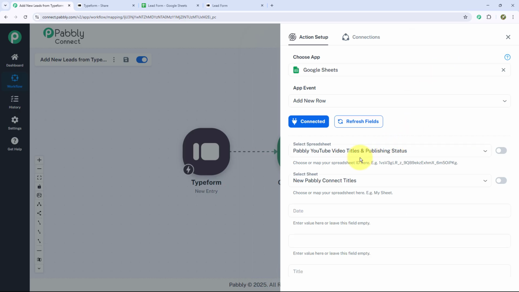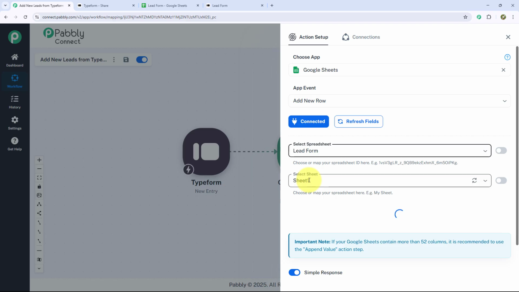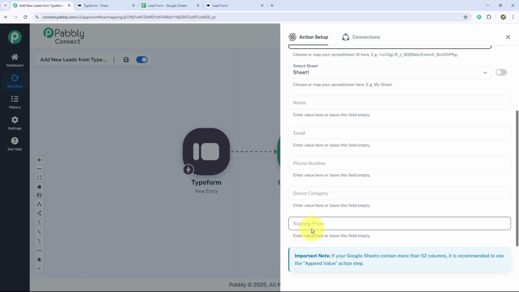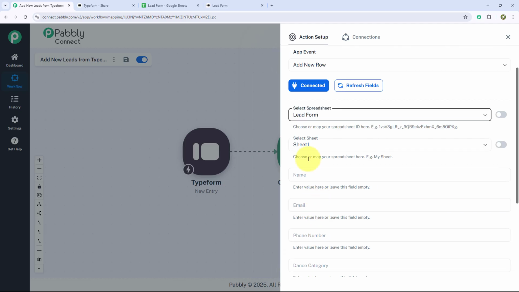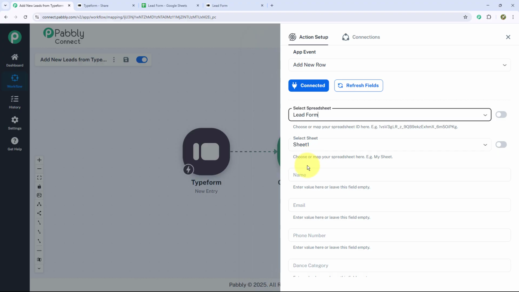Now after that, firstly they're asking us for selecting a spreadsheet. So we will select a spreadsheet for lead form which we have already created in Google Sheets. Now moving forward, they have asked us for the name, email, phone number, dance category and starting from. These are all the categories which we have mentioned in a Typeform. So firstly, we will move forward and map the fields for name, email, phone number and the other categories which